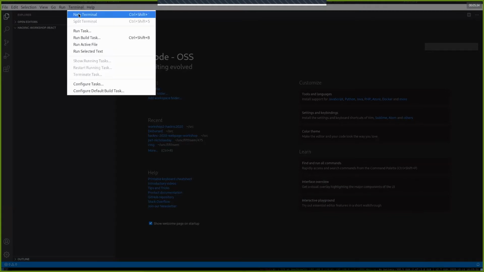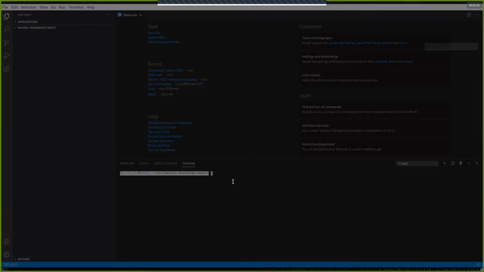Go to Terminal, New Terminal, and type node --version. If you installed it, it should have the correct node version. And npm stands for Node Package Manager, but programmers don't like to type much, right? So just say npm --version, and that should also give you something like this too. I don't think the numbers have to be exact, but I think that's probably enough, right? So anyway, do npm i and install